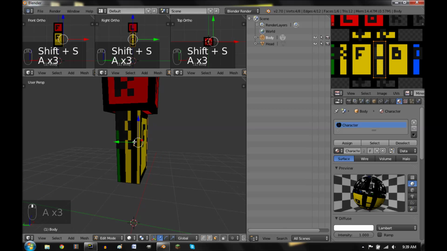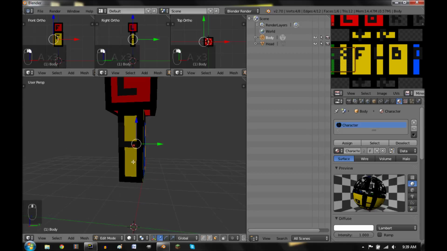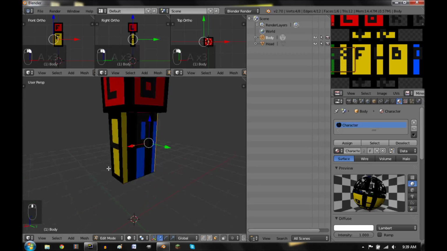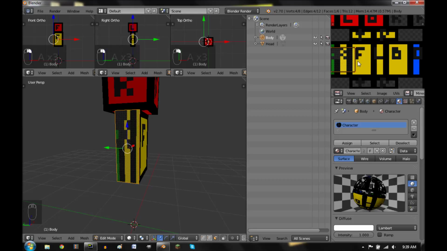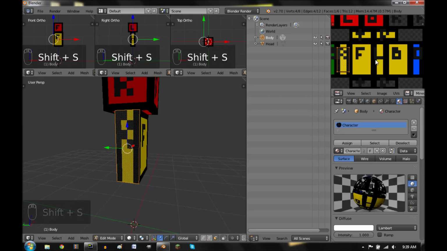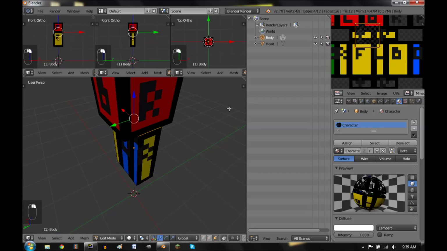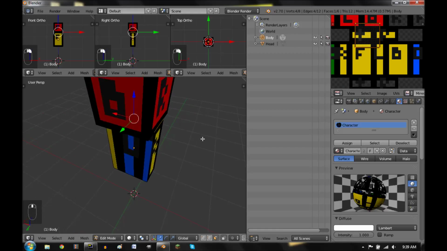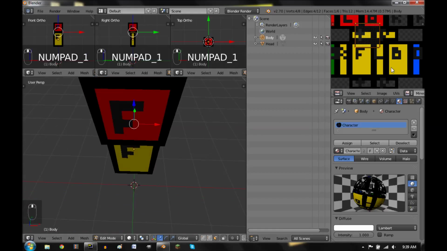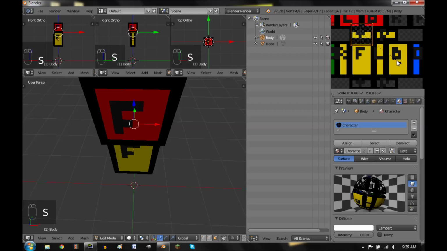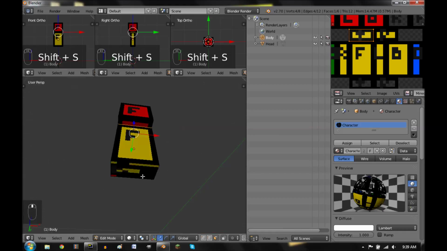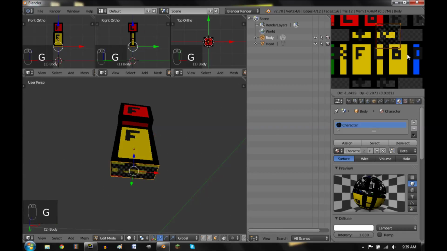I'm gonna do the right face. See, if it's not textured right, it's gonna look stretched. So then that's the right face, and this is gonna be the top face, and the bottom face is already flipped on the y-axis, so